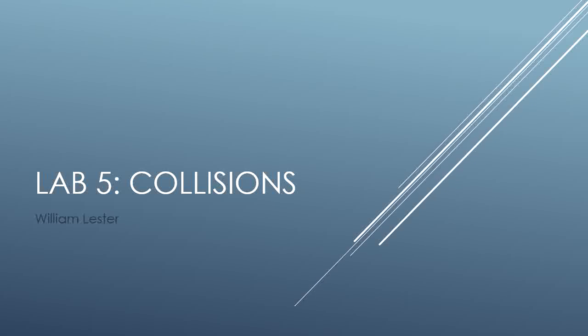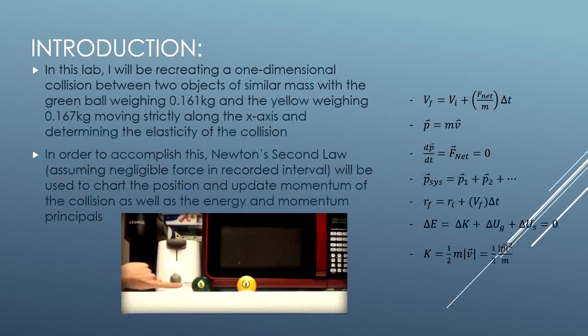This is Lab 5 for Physics 2111. For the Choose Your Own Lab, I have chosen to look into the physics principles involved in the collision of two objects. Specifically in this lab, the collision will occur in strictly one direction, that being the x direction, between